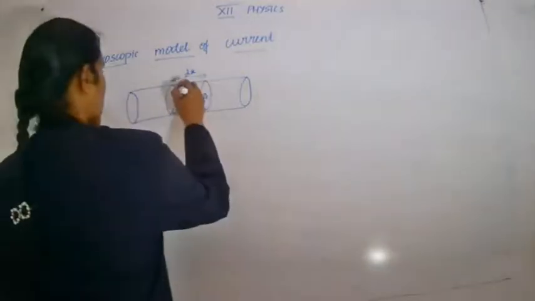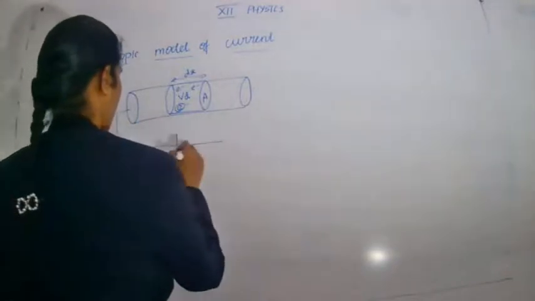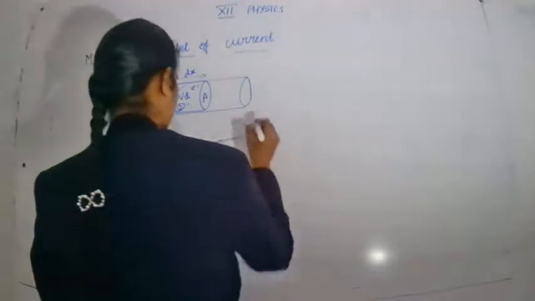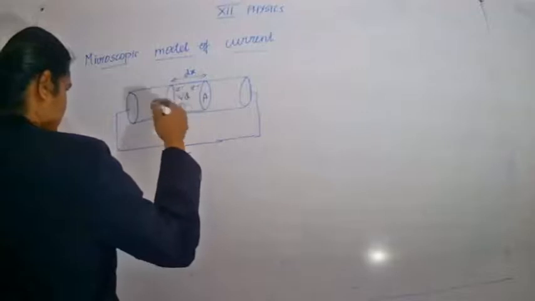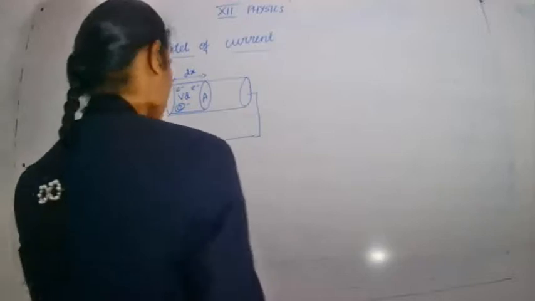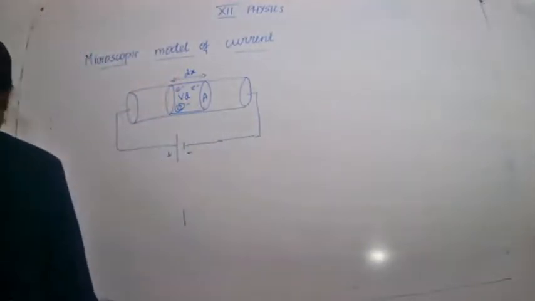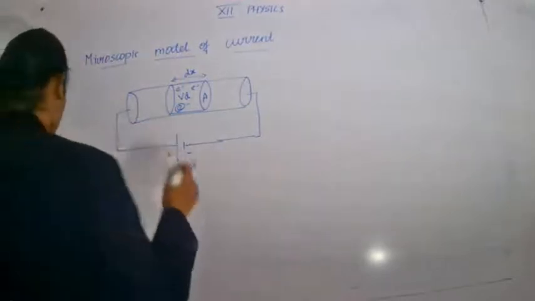Consider a conductor. Here electrons are moving here and there. Now we are going to apply the electric field. What happens when we apply the electric field? The electrons will collide with each other and there is a successive collision between a certain time period. That is the mean time period. So in a conductor, the electrons are flowing in a zigzag manner after the application of electric field.